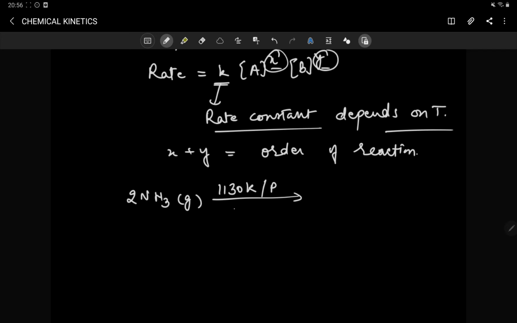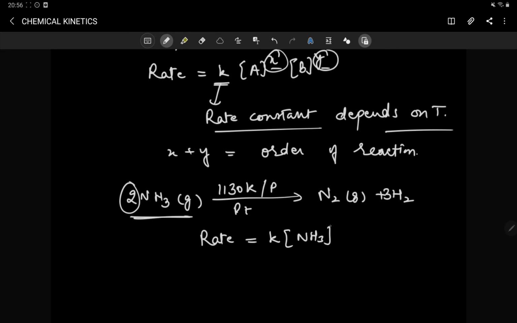In the presence of a catalyst, say platinum, we are getting nitrogen gas plus hydrogen gas, and if we balance it, it will be 3 here. So by observing the reaction, we can say that the stoichiometric coefficient for this reaction is supposed to be 2, but it is not 2, it is 0. So what is the rate law for this? It is found that the rate law is K into the concentration of ammonia raised to power 0. Rate is equal to K into, this is the rate law expression for this.